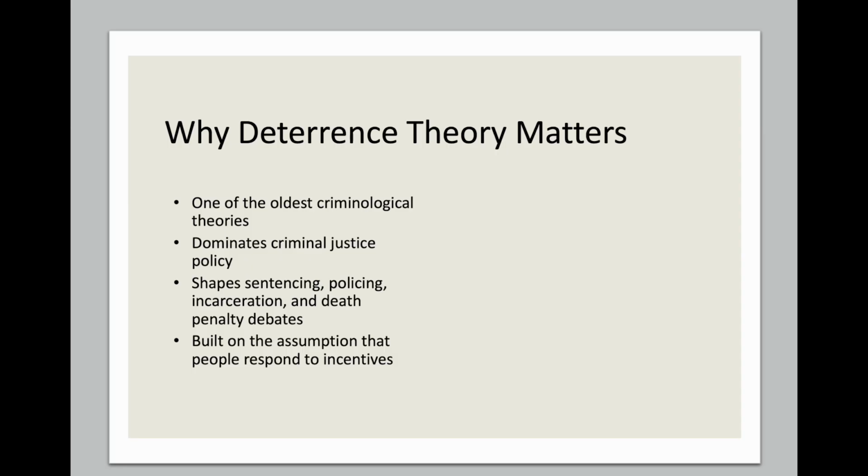So this is why deterrence theory remains important for comprehensive exams. It's not enough to say that just punishment deters crime. The stronger answer is that deterrence theory argues that punishment can deter crime when individuals perceive punishment as sufficiently certain, severe, and swift. But empirical research suggests that certainty tends to matter more than severity. And the theory faces important limitations related to rationality, perception, emotion, inequality, and causal order.